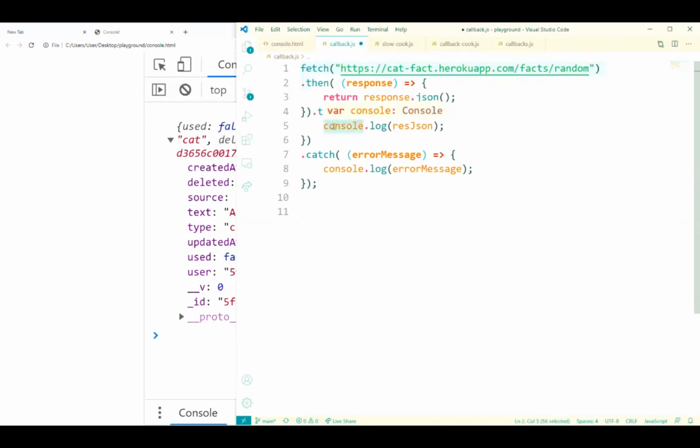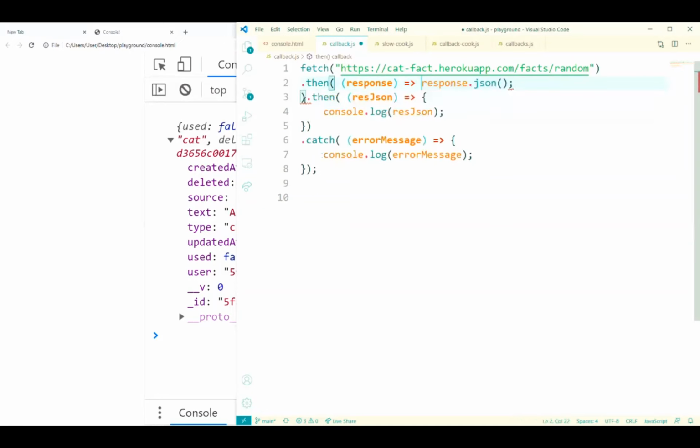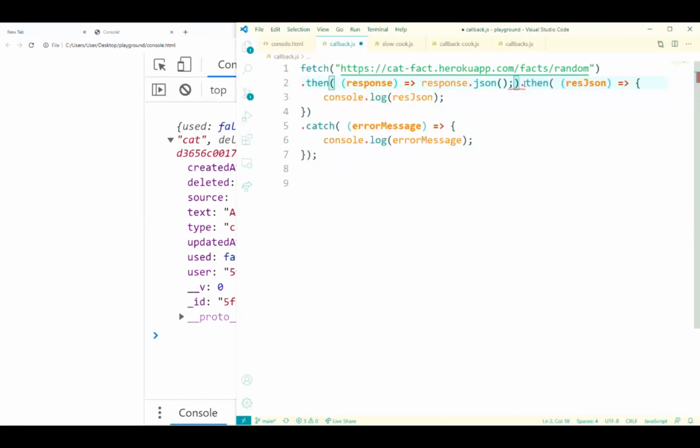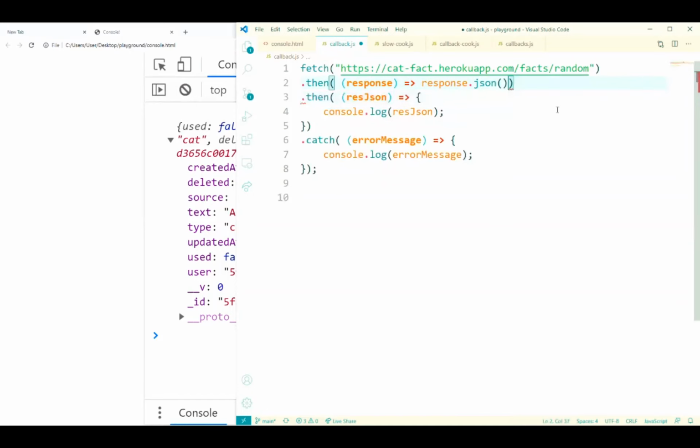And what else can we do to shorten this? Well, response.json is pretty wordy, and it turns out in JavaScript that we can get rid of these curly braces, and we get rid of this response, and we put this all on the same line. It will look a little bit like this. This is called bracketless function notation. This is something you can do, and all it does is the exact same thing as what we did before.